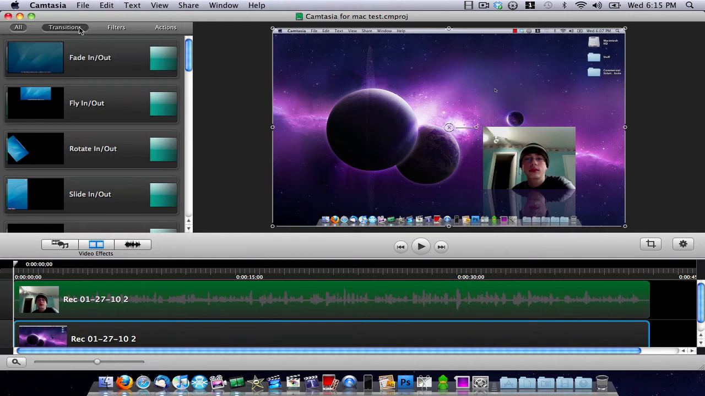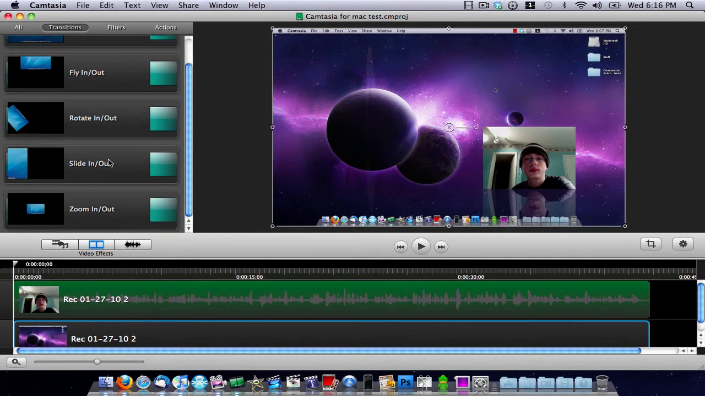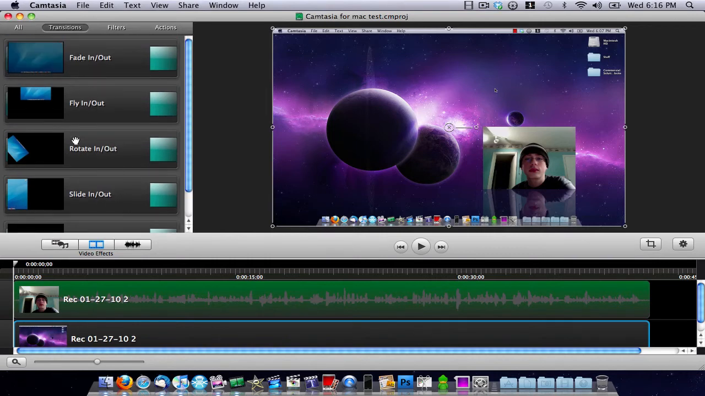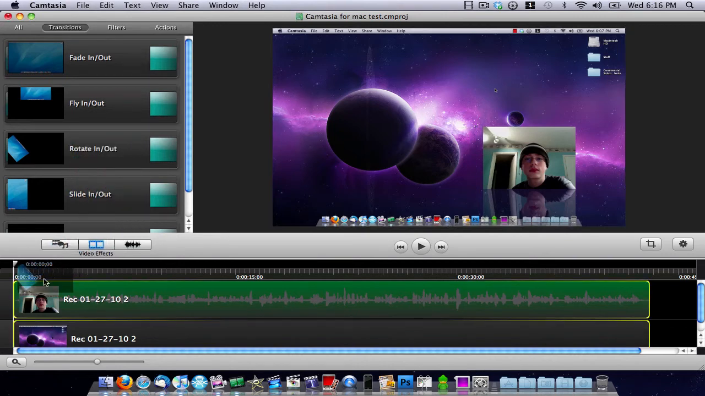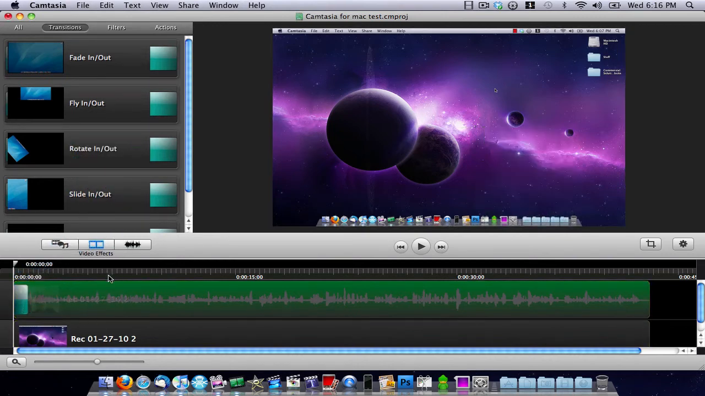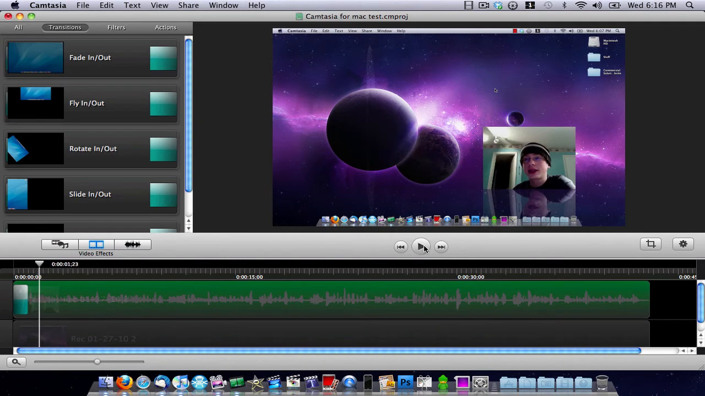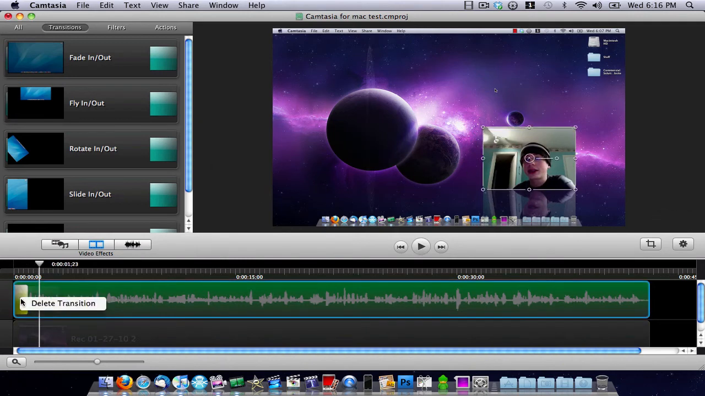So in transitions we have the option to fade out, fly in, rotate in and out, slide in and out, or zoom in and out. So let's say I want to find the rotate one, so rotate in and out, and let's just say I want to make my webcam recording rotate in. So if we go over here into the main bin, if I click play. Hey guys, what's up? It's Nick here. As you notice, my webcam recording just gets rotated in with that transition, but I'm going to go ahead and